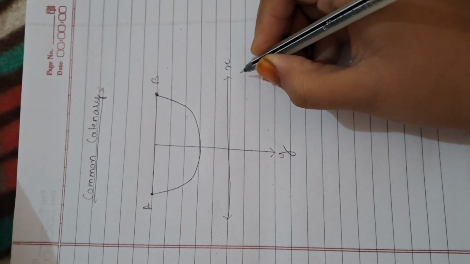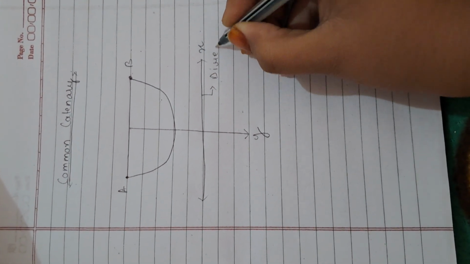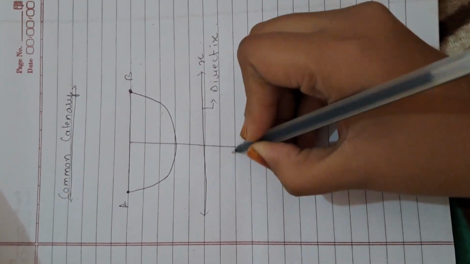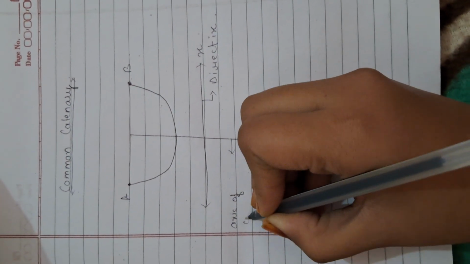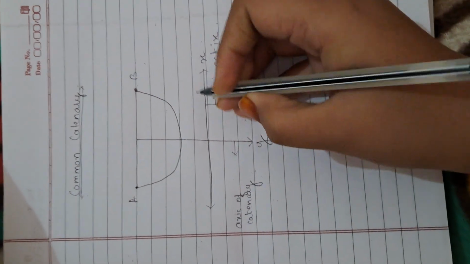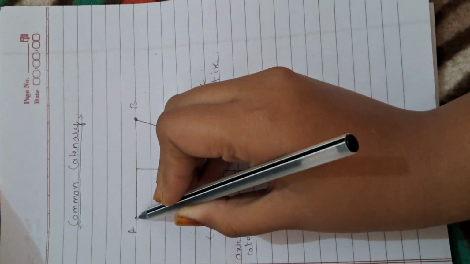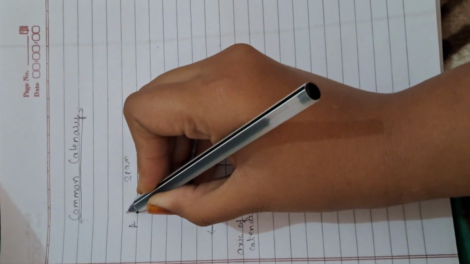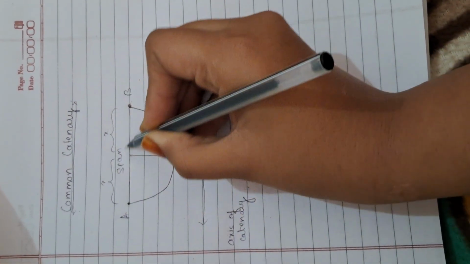In a common catenary, the x-axis is known as the directrix, and the y-axis is known as the axis of catenary. The length between these two fixed points is known as our span. Here this length is equal to x and this length is also equal to x,